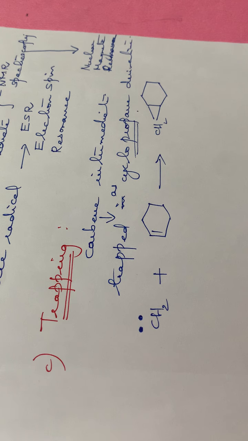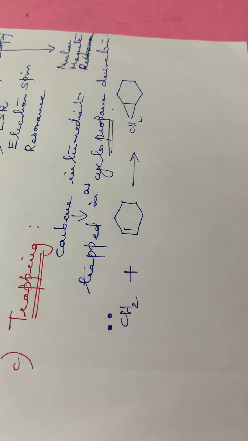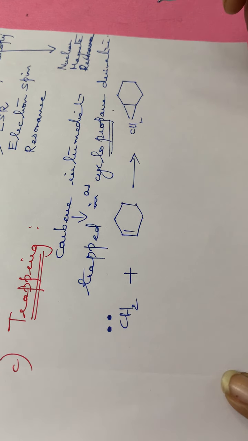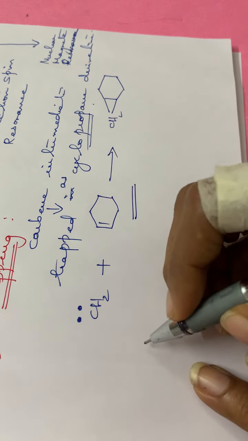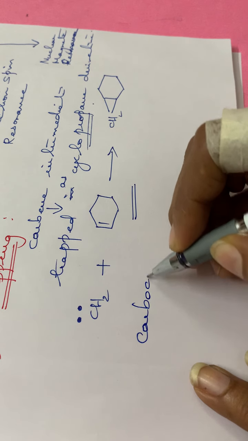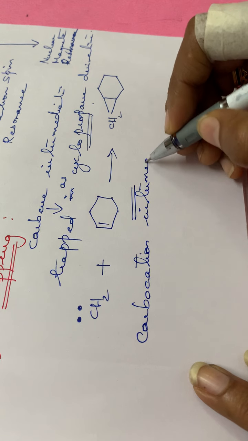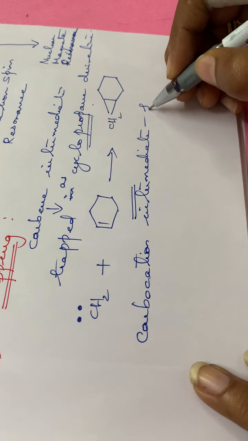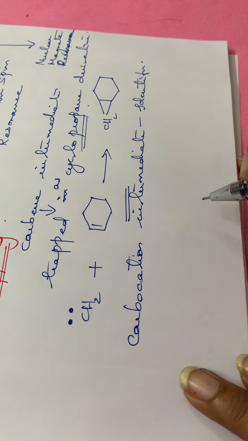Next comes the case of the carbocation intermediates. Carbocations can also be trapped like this. Usually for some reactions we have seen carbocation intermediates will be there, and for identifying the presence of carbocations we will be doing some other reactions. So this is the case of carbene intermediate. Then the next is the identification of carbocation intermediates in some reactions. For example,